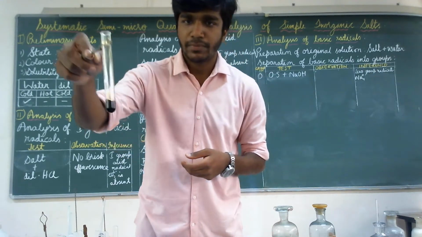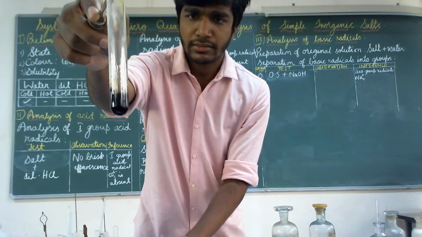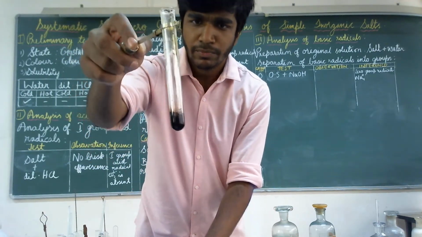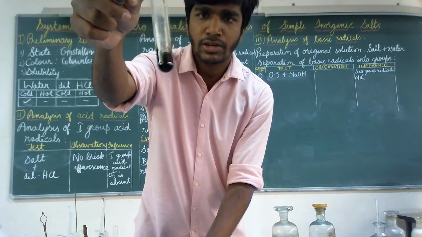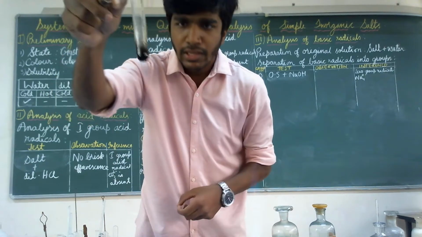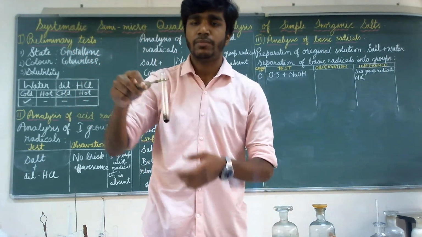As you can see, there is nothing happening here. I'm just getting some black solution. This is actually because of charring of the paper ball. There is nothing happening, right? I mean, you can't observe any reddish brown fumes, right? You have to observe at the walls of the test tube. If you notice carefully, there is no reddish brown vapors or fumes, and hence you can say even nitrate is